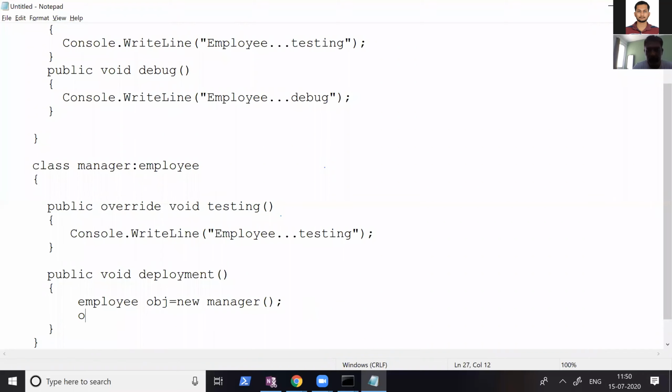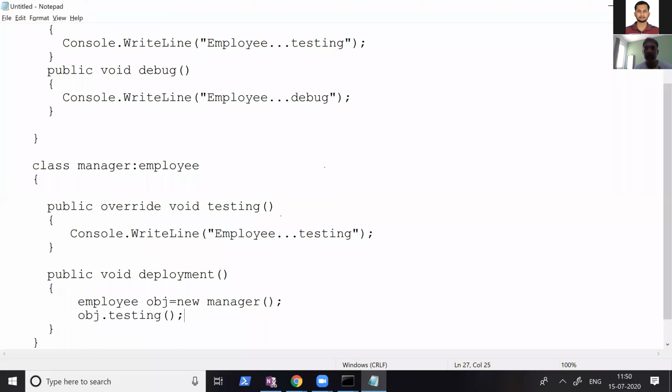Now we write here obj dot testing. But this obj, as in the last session, last recording, obj is a virtual table pointer reference. It is pointing to the V table of manager, not the V table of employee. Runtime polymorphism. It resolves at runtime.